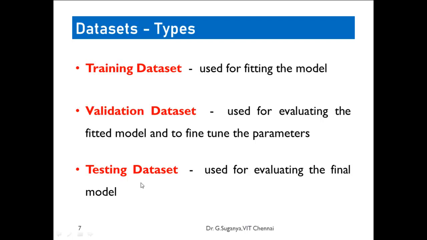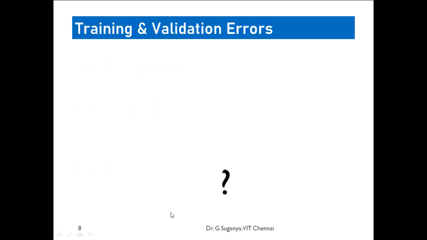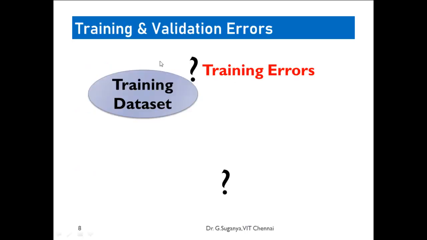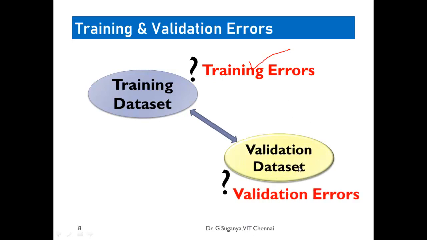And third is your testing data set. It's obvious that we need a set of rows to identify how accurate our model is, or how much loss we have encountered from the model, right? With the training data set, you will have training errors, which need to be rectified first by adjusting your M and C. With that, you can then go for the validation data set. This validation data set will also give you some kind of errors, which are called validation errors.